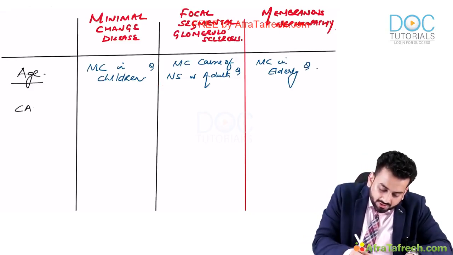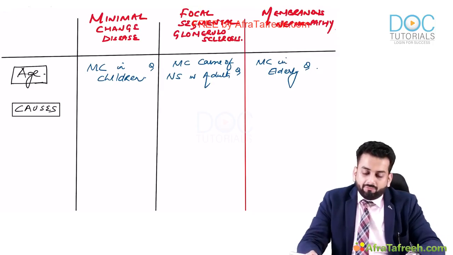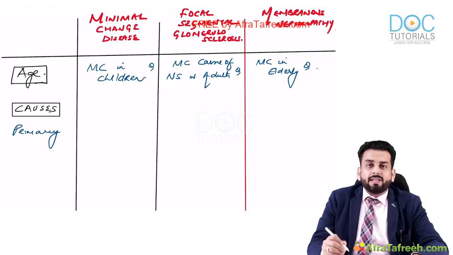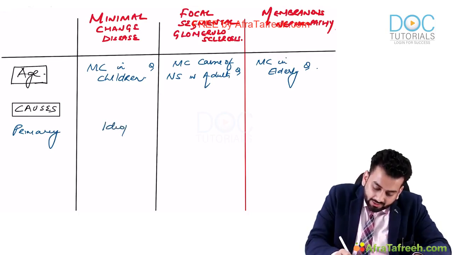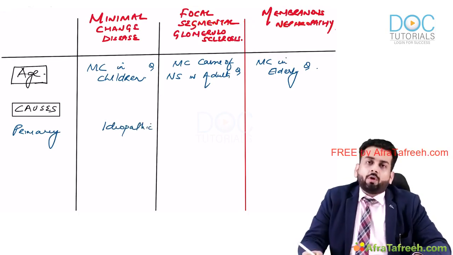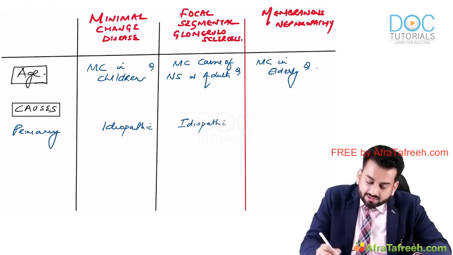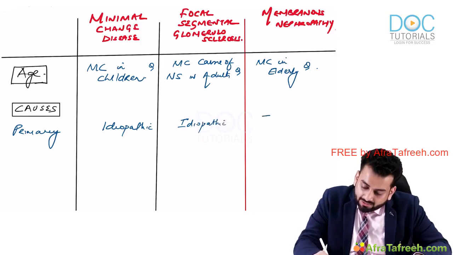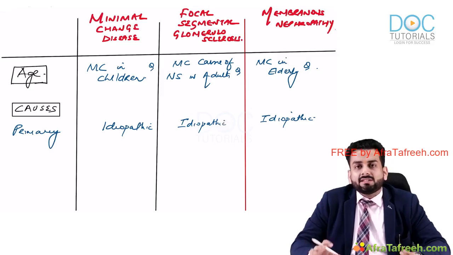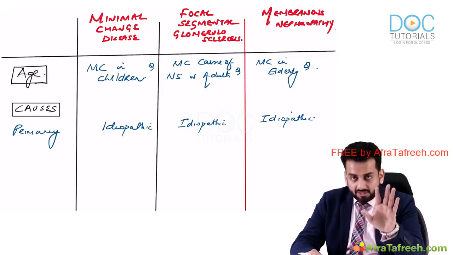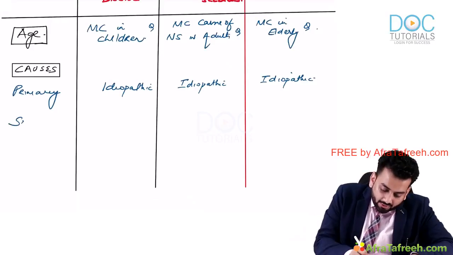Now, what are the causes of all of them? Now, the very important, what is the primary cause of minimal change disease? It is basically idiopathic. Had it been their cause, it would not have been named as primary. Again, the primary cause for FSGS is idiopathic, and membranous nephropathy also is idiopathic. Though there have been some important causes and etiopathological factors related to each one of them, which I shall discuss. Coming to secondary causes